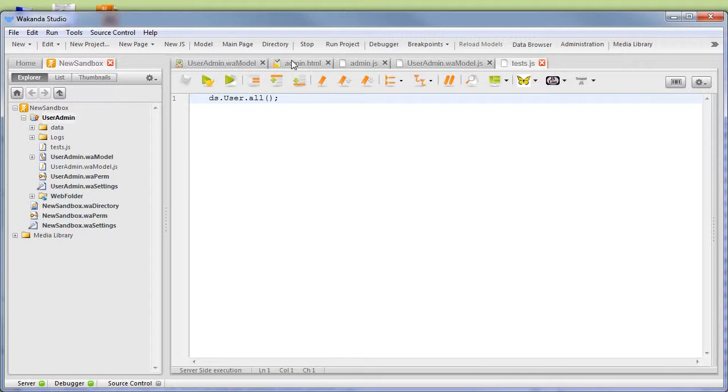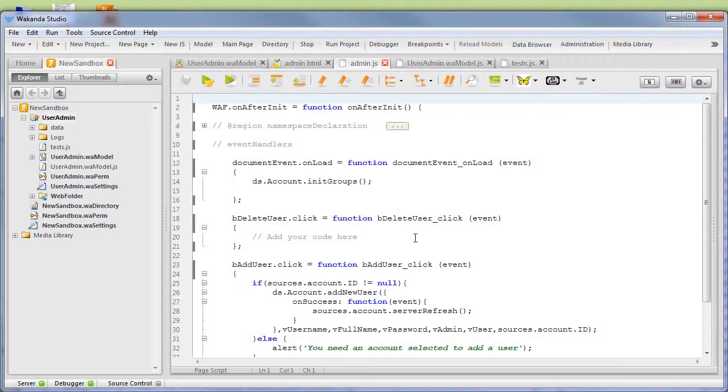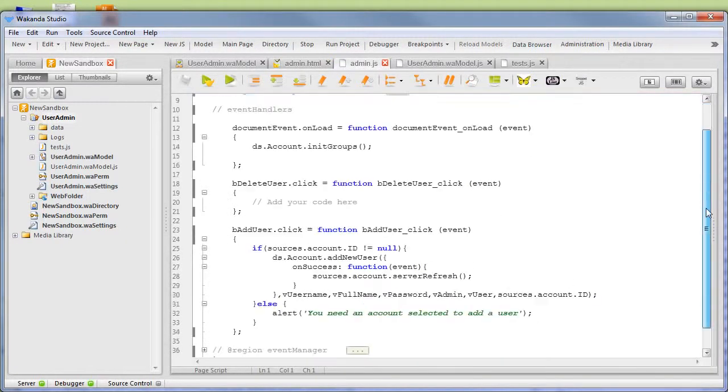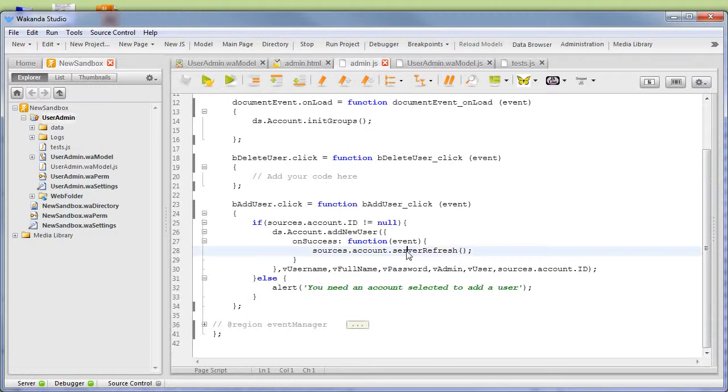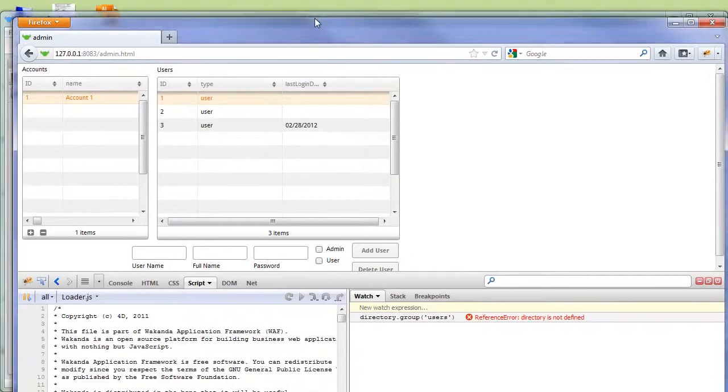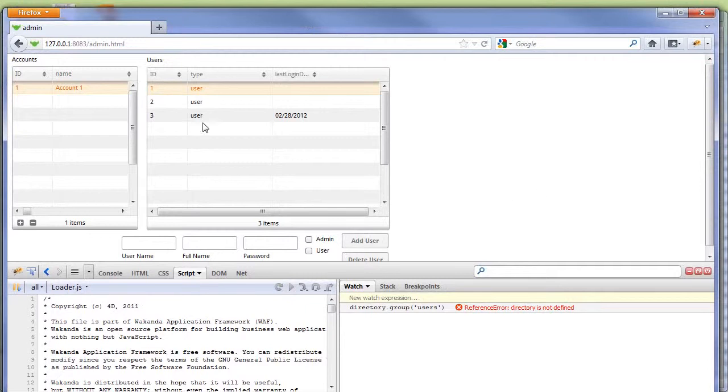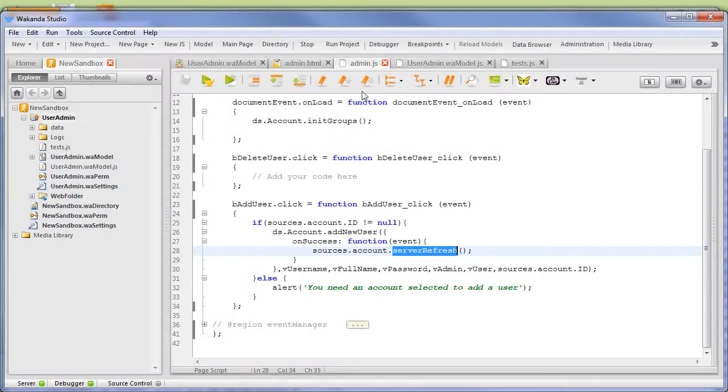Where are we here? So in this admin.js, we've got the server refresh, so that should be refreshing. Is this all working then? So we've got the groups. Oh, we were going to add these users to groups. So that happens on the server